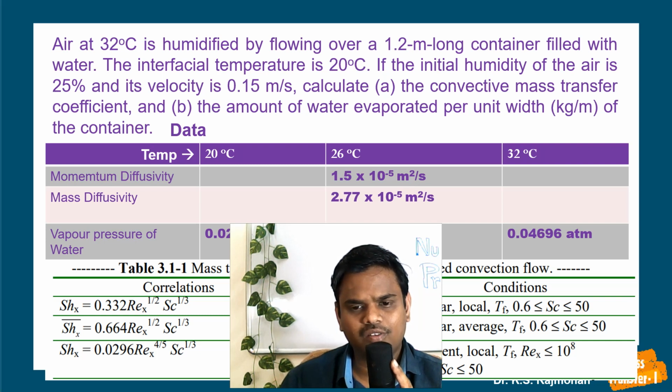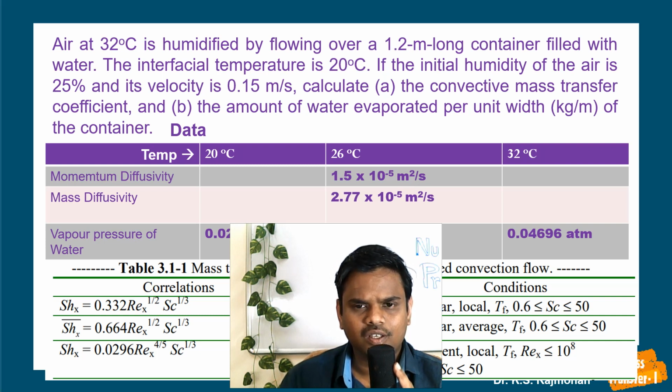So what we will be doing, first, is determining the dimensionless numbers. Momentum diffusivity by mass diffusivity is the Schmidt number. You can determine the Schmidt number. Okay, and we can determine the Reynolds number over a flat plate. We have rho Vd by mu, right? So that means Vd by